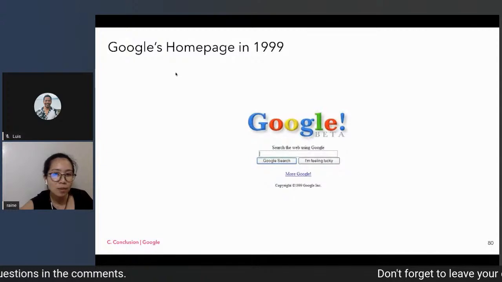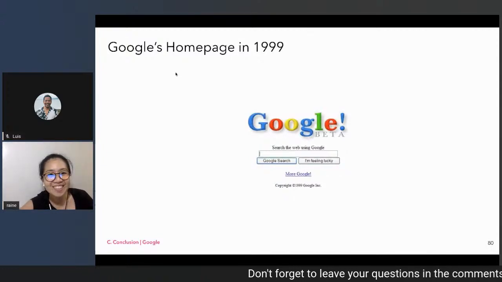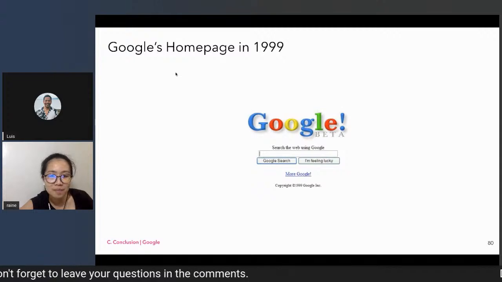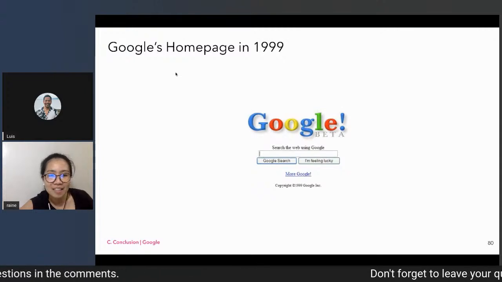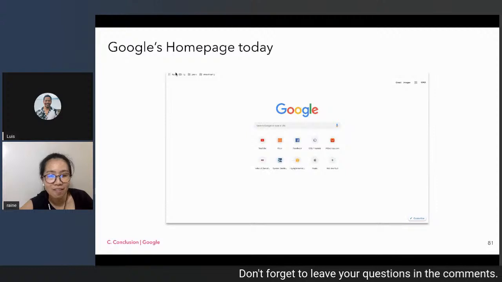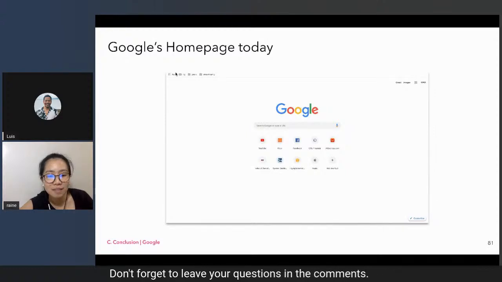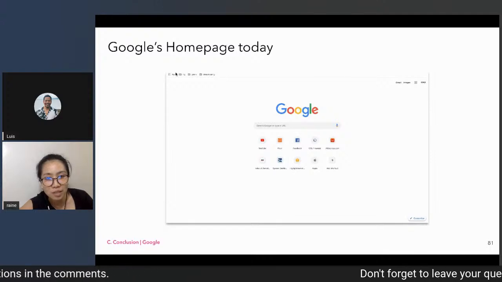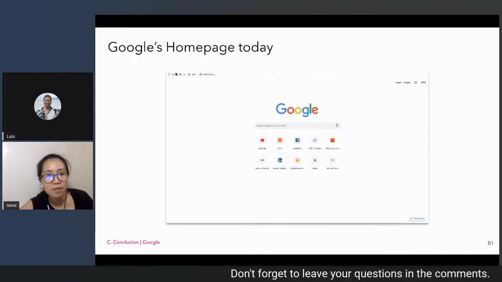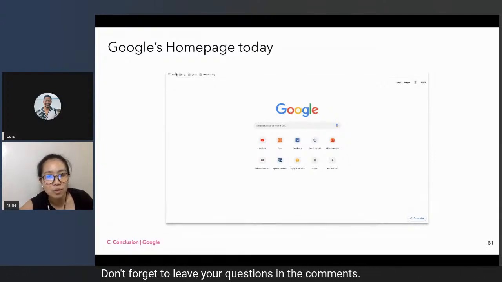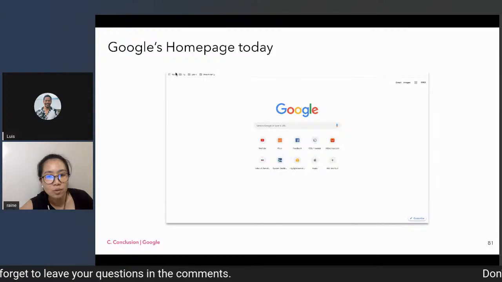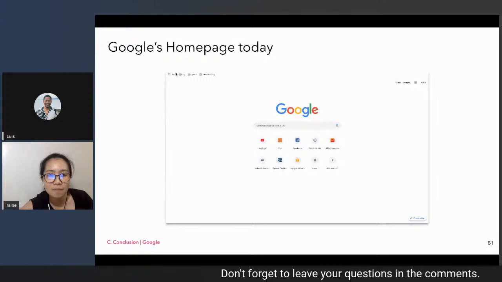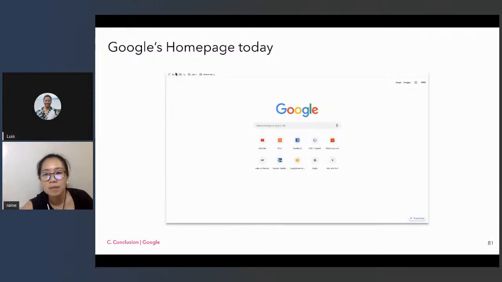And I'd like to end with Google. So this is Google way back in 1999, and this is Google now, and they actually solved a very important problem, which is searching for a product or a need. So some added icons there, but mainly the thing that they solve is really the searching part.